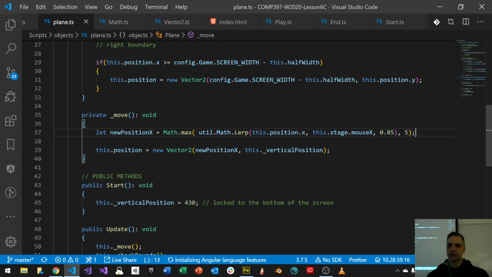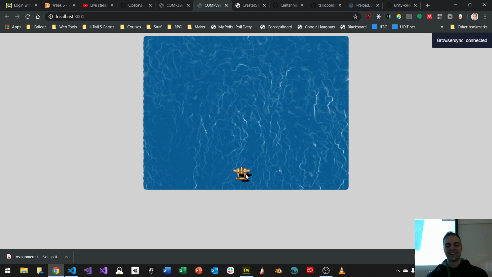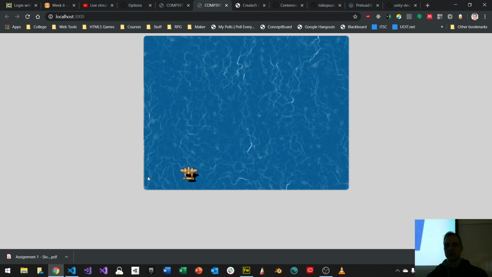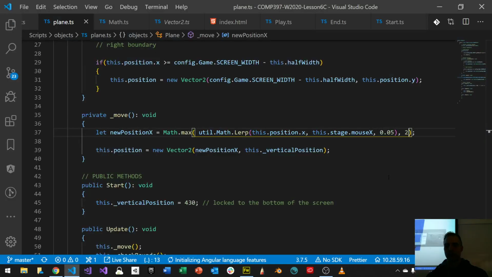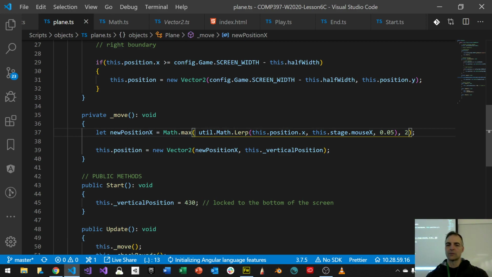Okay, not great. Let's go maximum 2. Make it really extreme. So 2. Right? So now it's maximum. The maximum we can move ever is 2 per frame, depending on what I want. So this is going to create a new position x. But between whatever the lerping value is and 2, it's not quite what I want. It's not doing what I want. What I want